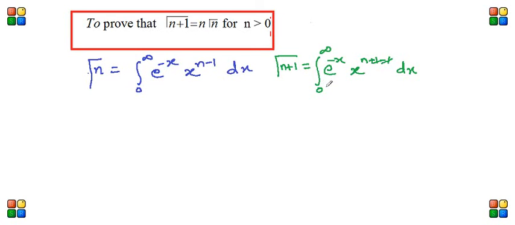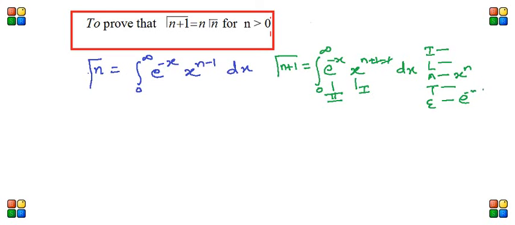So now the right hand side is integration by parts, in which x raised to n can be taken as first function, e raised to minus x as second function due to Euler rule, which says I L A T E. If we want to choose the functions as first and second, then the hierarchy should be algebra, that is x raised to n should come over top, that is first function, then exponential, which is the last option always. So this is first and this is second.